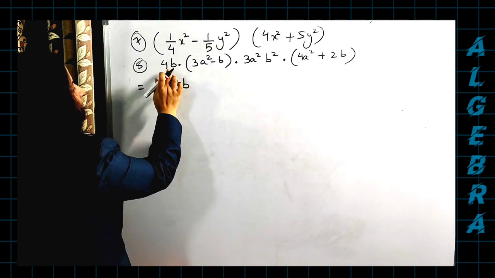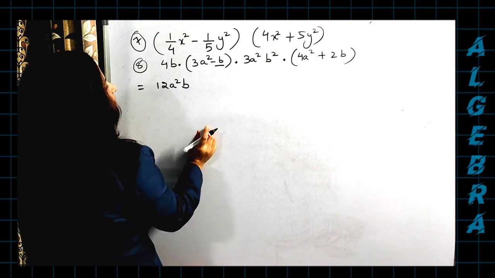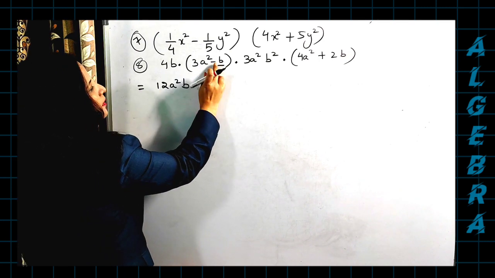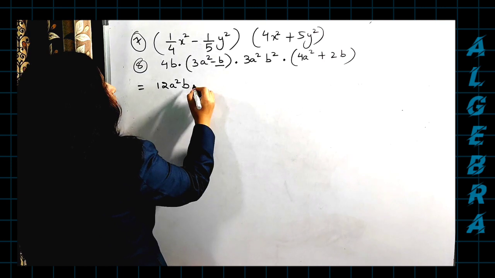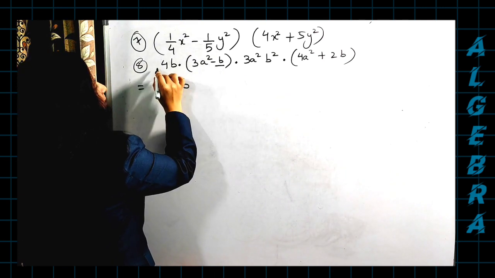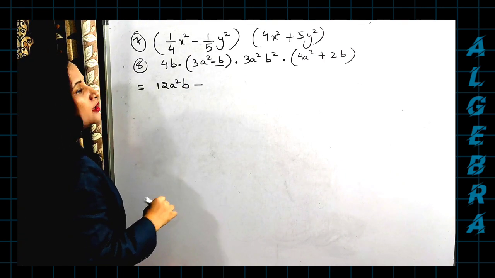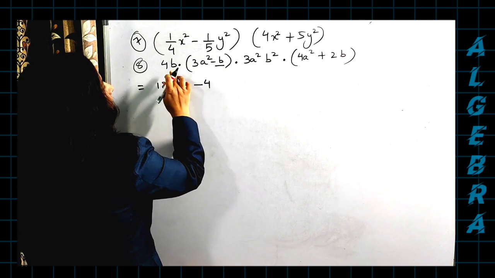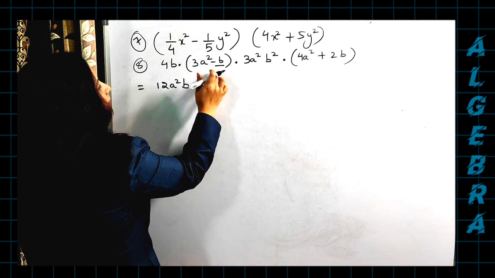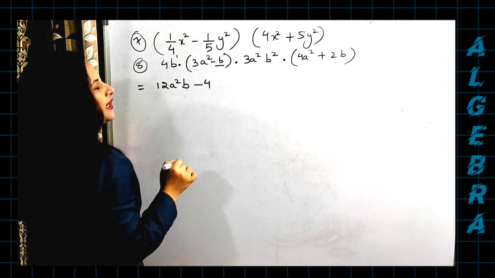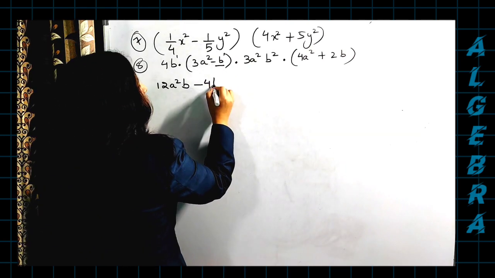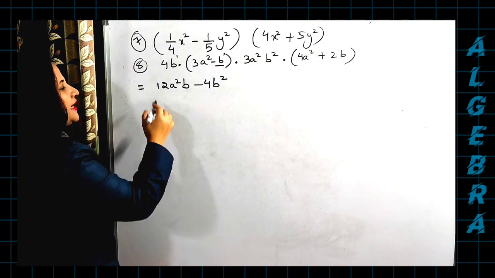Now multiply the same with minus b. 4 and here no number means 4 into 1, it's 4 only, but minus is here and here plus, so the answer will be minus. So what will you get here? 4. b multiplied to b, the base is the same, both are having power 1, so 1 plus 1 how much? 2. So b square you got, right?